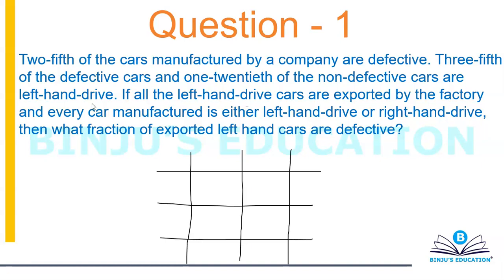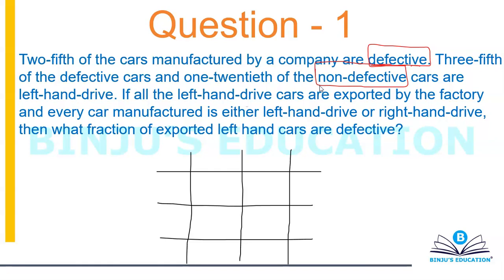Okay, so let's go through it once more and let's try to first analyze what are the quantities that we are seeking in this question. Okay, that's the first and the foremost thing. Okay, so 2/5 are defective, so this should be something defective. This should be one of the quantities. So if I have defective, then I would also automatically have non-defective. Anyways, but let's move on. We'll get to finalize this. Now 3/5 of defective and 1/20th of non-defective. So we got a non-defective also. Now that means I'm pretty confident that defective is one of our quantities and non-defective is the reciprocal of that.